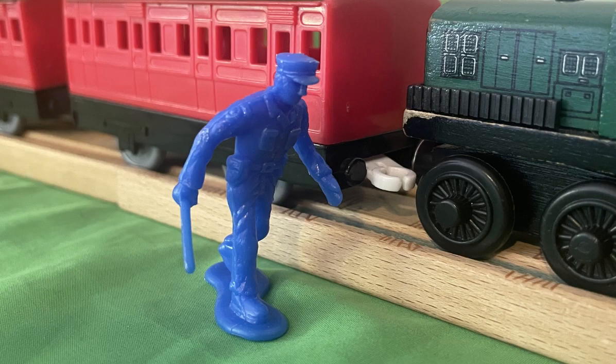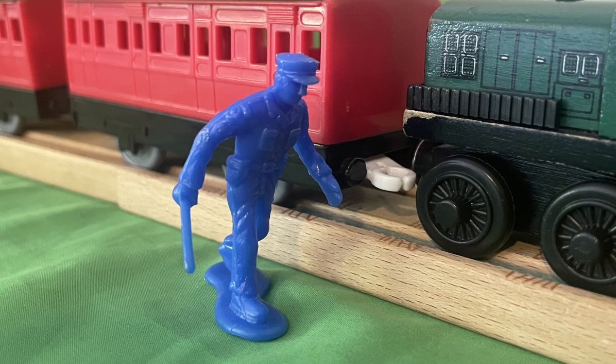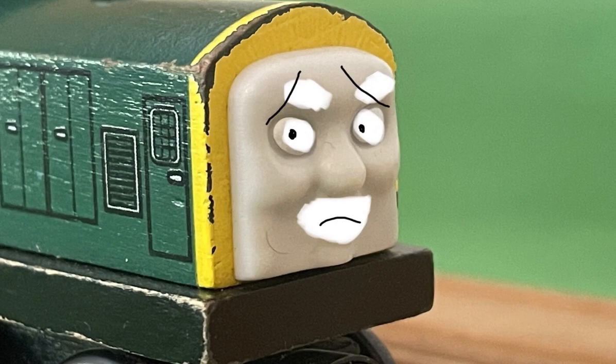The guard went up to Derek to see what the problem was. What's going on? Have we broken down or something? No, but what you just said is why I don't want to go up this hill. Whatever are you talking about? Derek explained everything. When I came up this hill on the way to the Brendam branch, my improved engine I've had for years didn't overheat, and I was pleased to finally go up this hill successfully. But this is different. I have heavy coaches full of passengers on board, including you, and I wouldn't want to